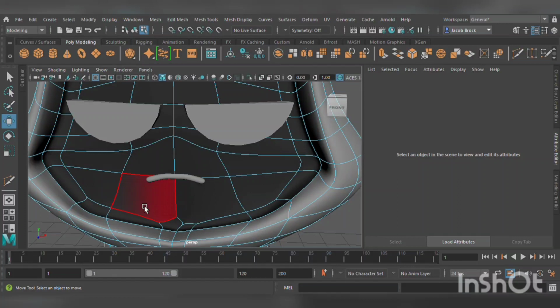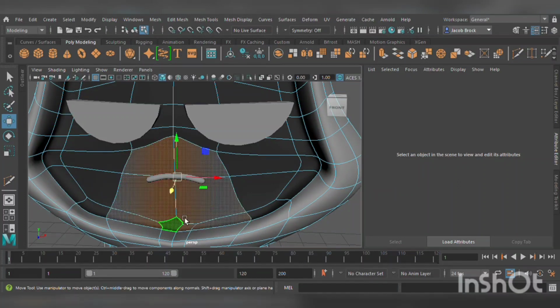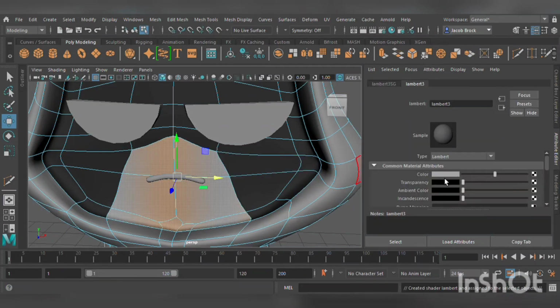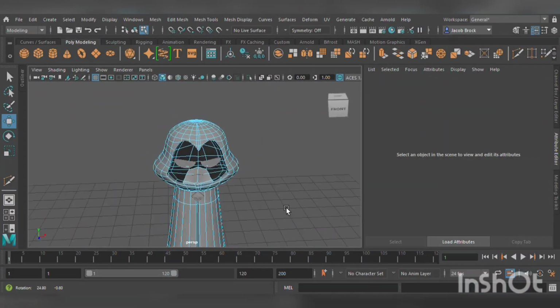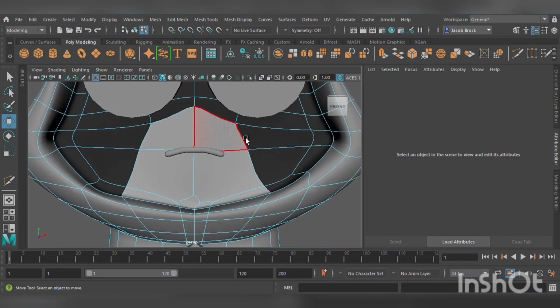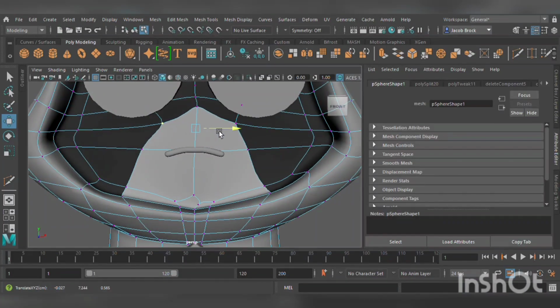And then all we're going to do is we're going to select these faces. And this is going to be like her skin tone. And this is going to be like a white, kind of a light white or gray. I'm going to actually move these vertices in a little bit so that it's not as